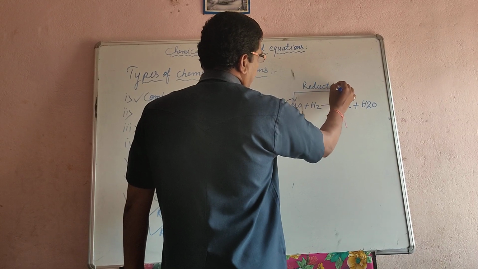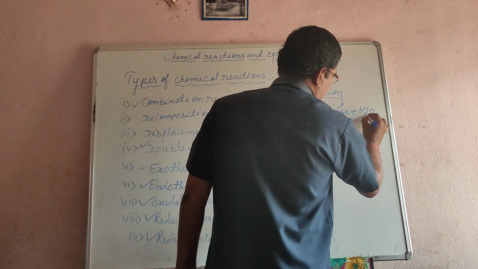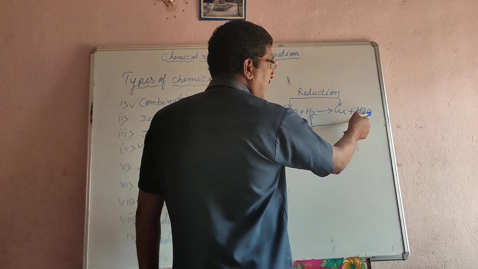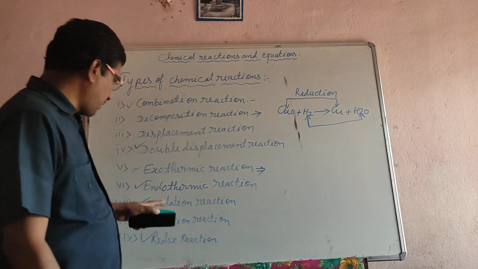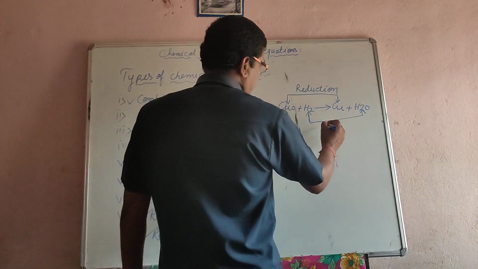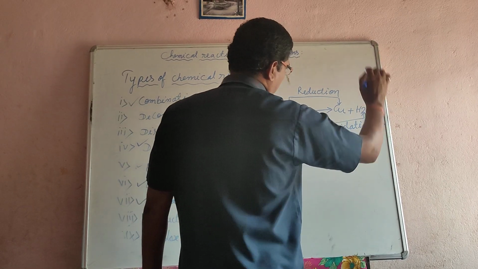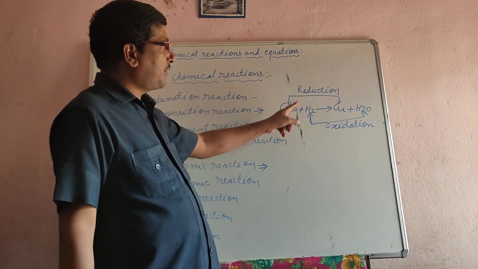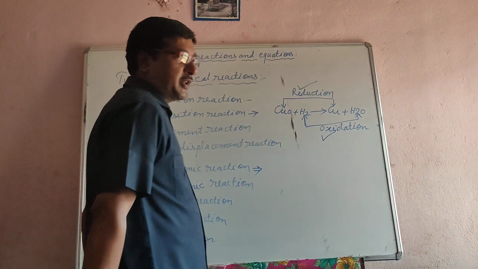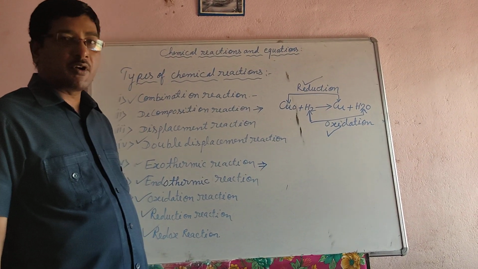What is reduction? Similarly, if you see here, hydrogen is changed into water, means hydrogen has gained the oxygen, and we have seen in the oxidation, gaining of oxygen is known as oxidation reaction. So it is oxidation. Now see here, in this reaction reduction is taking place, and oxidation is also taking place. When both the reactions are taking place in the same reaction simultaneously, then it is referred to as the redox reaction.